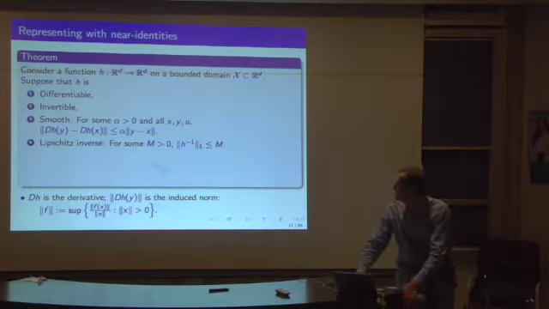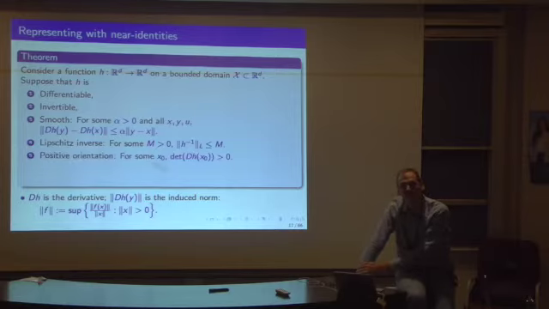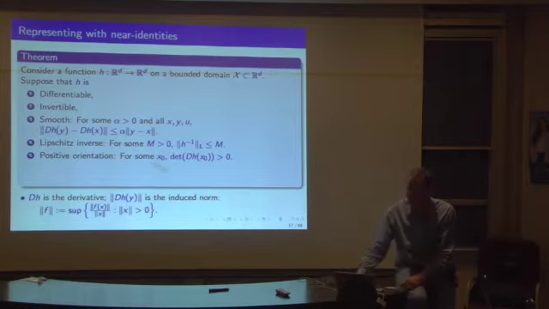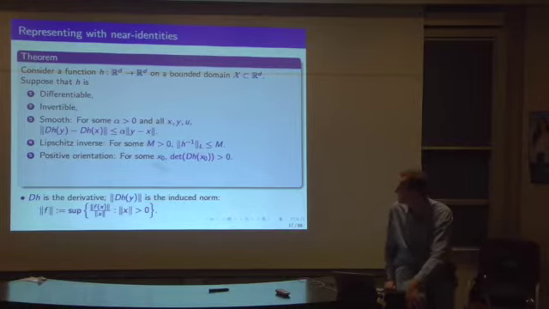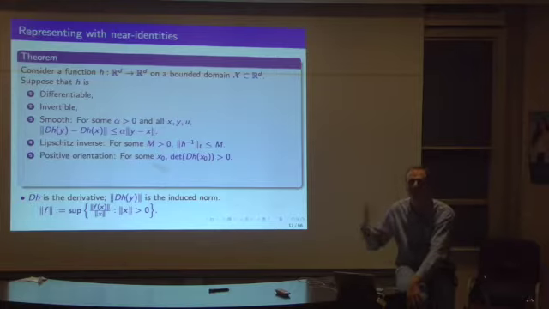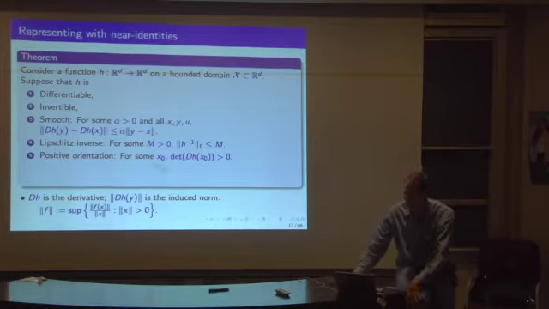We're also assuming it's not just invertible, but has a Lipschitz inverse, so the Lipschitz semi-norm for the inverse function is bounded. There's this technical condition, we need a positive orientation. It's the same in the linear setting, because we want to keep things close to the identity. If the dimension is odd, we could negate things if this condition is not satisfied, and the same thing would be true. So this is just the analog of the condition in the linear case.